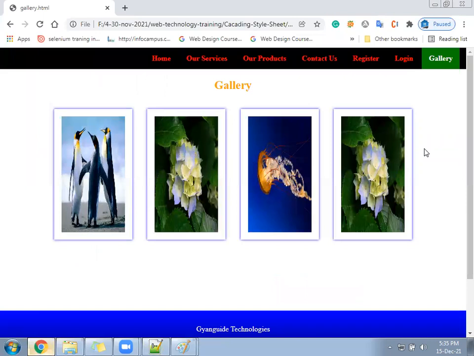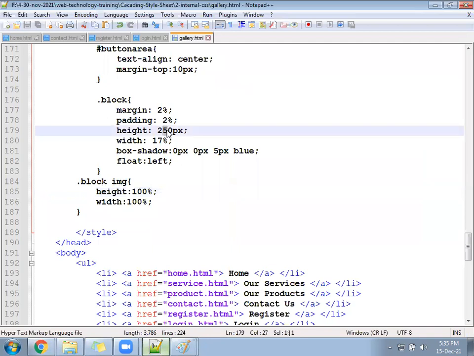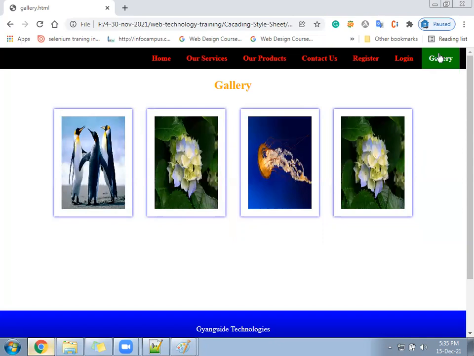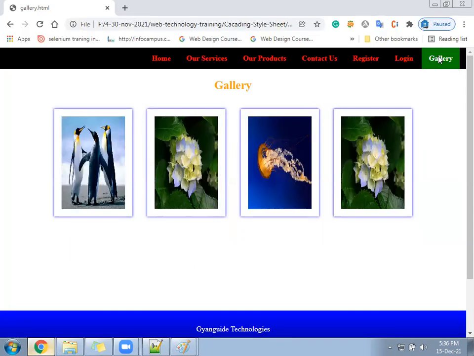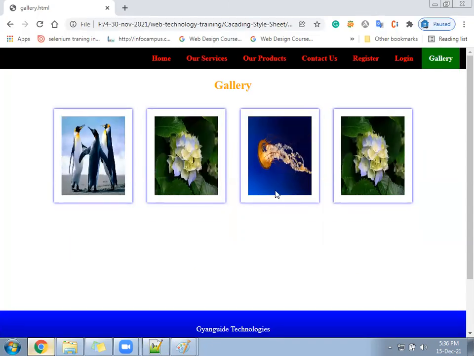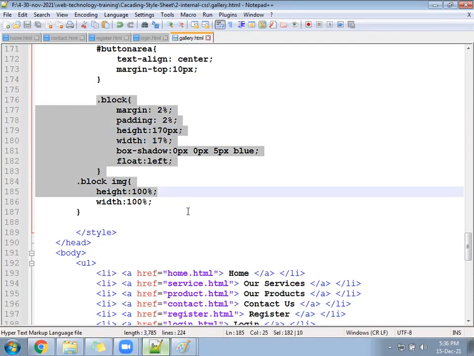See, height is more. 200, I guess, will be okay. Or maybe 180, 170. 170 will be fine for me. Okay, this will be like a photo frame. Write this. Please write the CSS first.